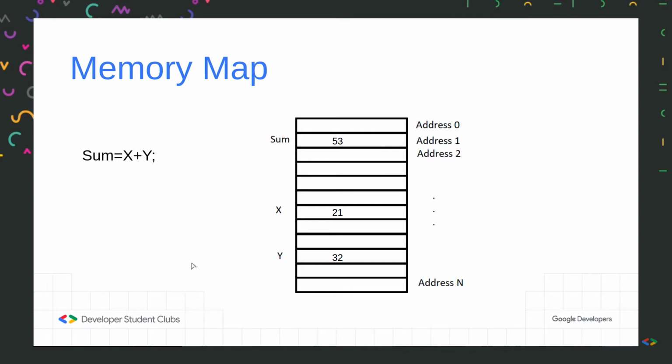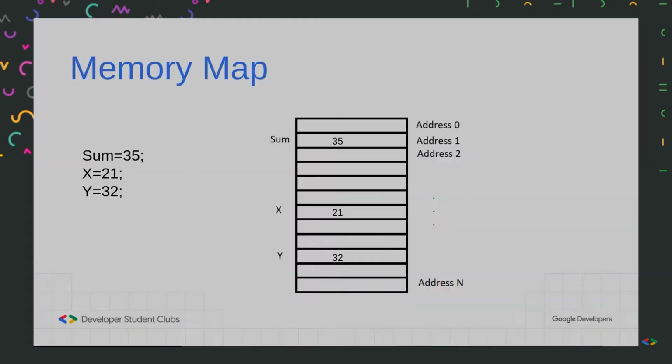The fact that C++ allows us to deal with memory directly is the reason why C++ is so fast and powerful. Like you must have seen Python, where you don't have to declare variables like this. In Python, you don't have to specify that sum will store only int values, or x will store only integer values or character values. So basically, Python wastes a lot of memory in that process because you can store anything in it. But the fact that we can store only integer values in these variables helps us optimize our memory allocation.